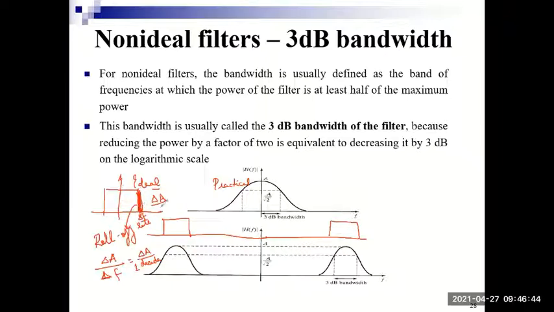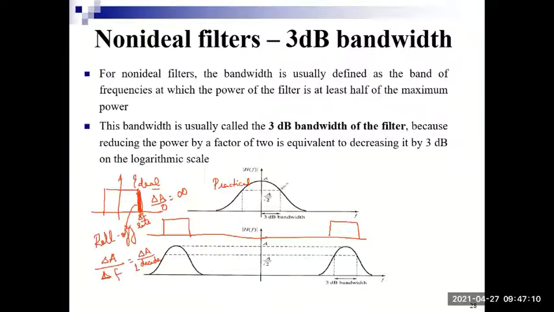What is delta F? Yes? This change in frequency is 0. So what is the roll-off rate for an ideal filter? Infinite. So in an ideal filter, the roll-off rate is infinite, whereas in a practical filter, it can never